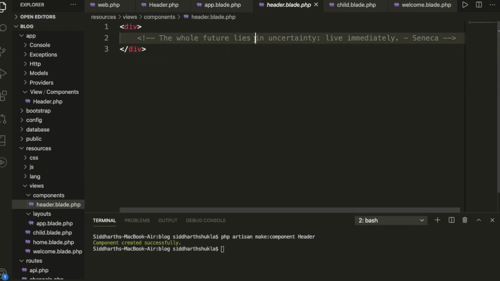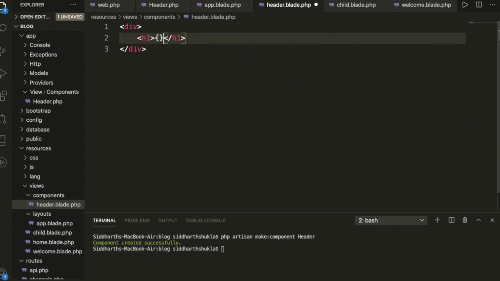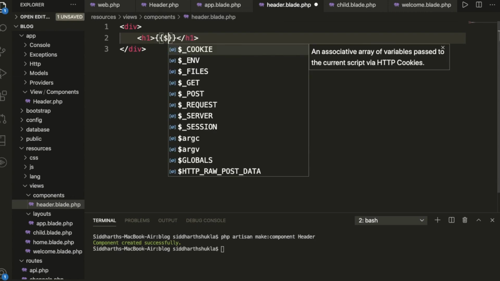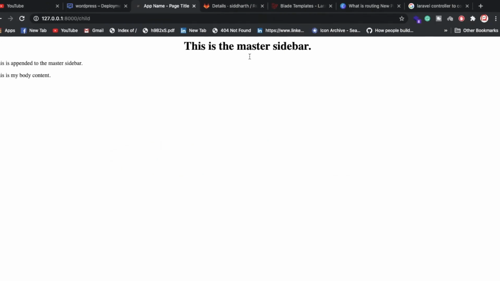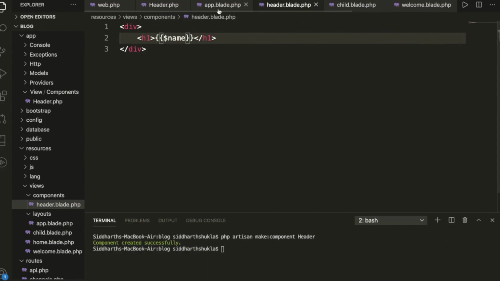Okay, so here we need to print, so I am going to use an h1 tag, and inside the h1 tag we can put like this one. Let me print. So let me execute that particular program. So we get the real programmer also. So you can pass the data via component.